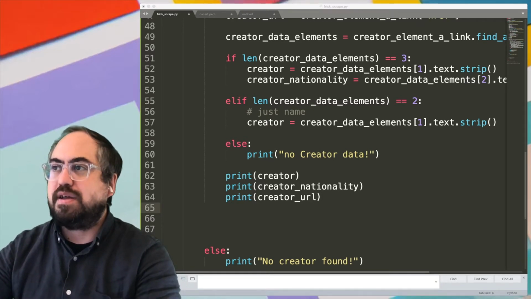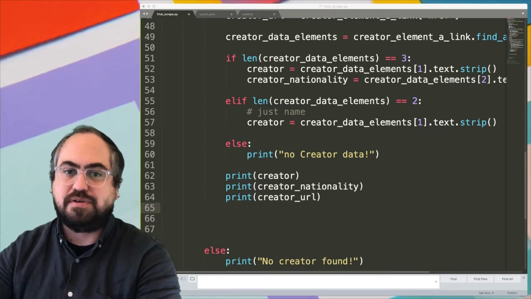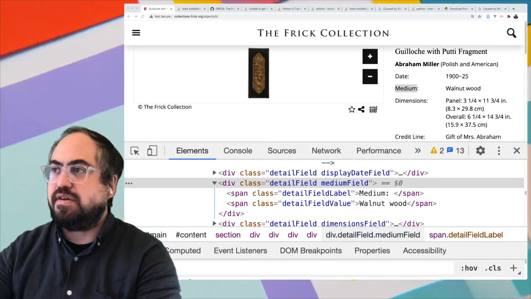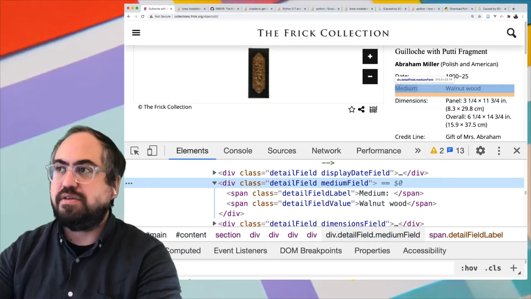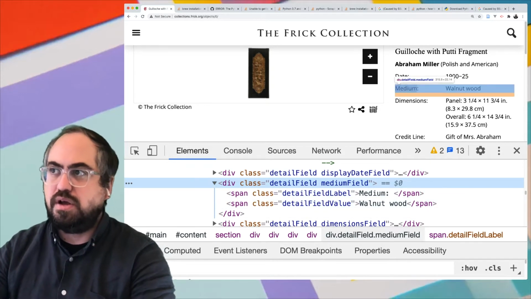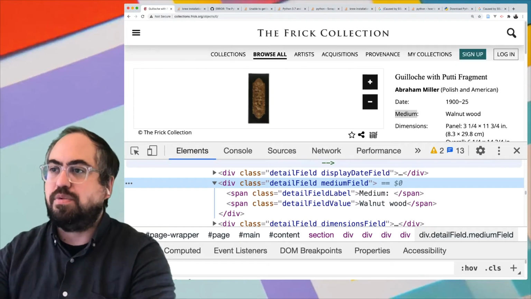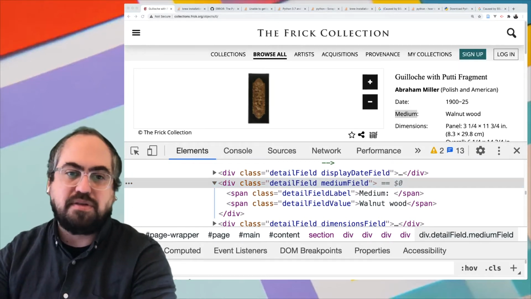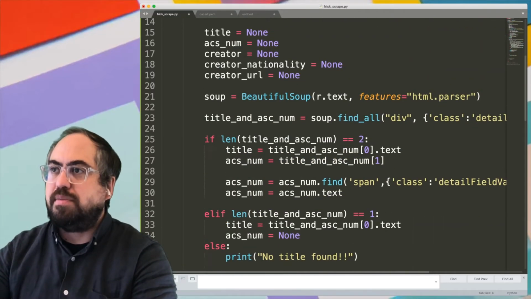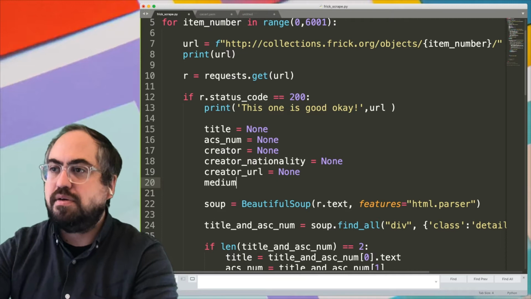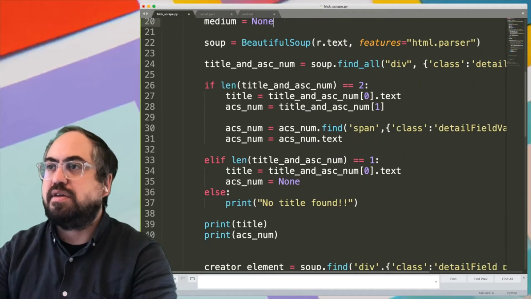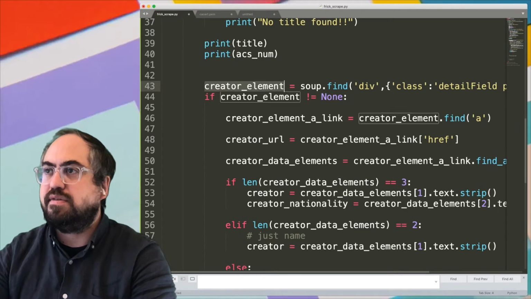So the next one we may want to get is medium. Medium is stored in the detailed field, medium field. Here's the HTML. Medium is stored in these divs, detailed field and medium field, and then it has the medium tag and then the walnut wood. This is repetitive for the rest of the label field values, so we could write one of these and then it'd be the same for the rest of them. So we're going to make a medium value up here, equal to none. And then we're going to find